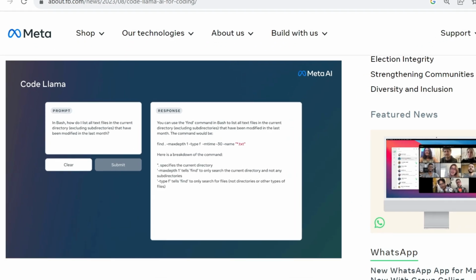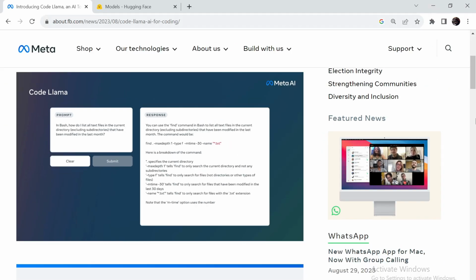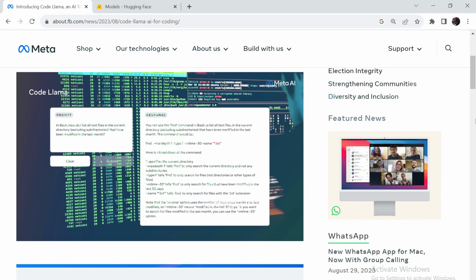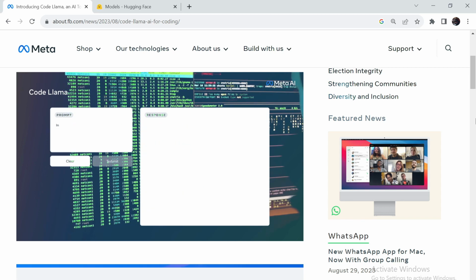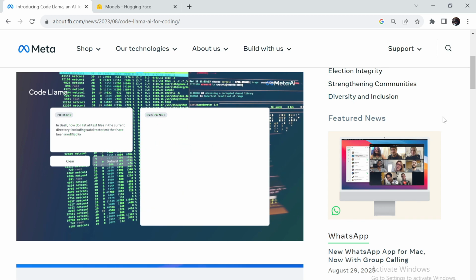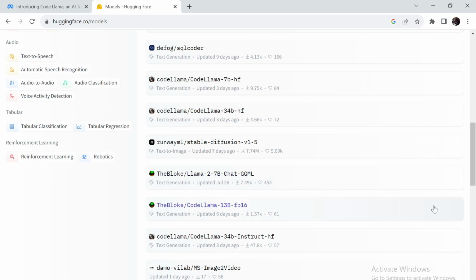Meta just recently dropped a new coding model called Code Llama. This model can better perform in coding tasks than GPT 3.5 Turbo. So in this video, I'm going to show you how you can download Code Llama and use it on your Colab notebook. I'm going to guide you through the process of downloading and using Code Llama